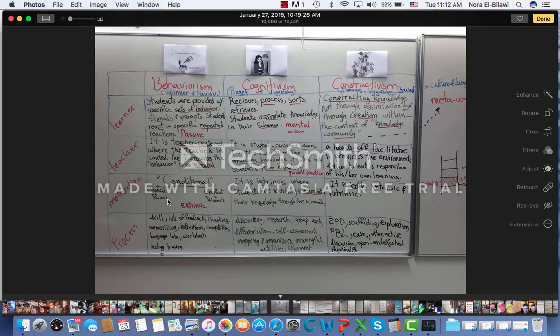So there is a new connection or association that brings the bell every time that now the dog hears the bell without even introducing the food. The dog will start salivating. So